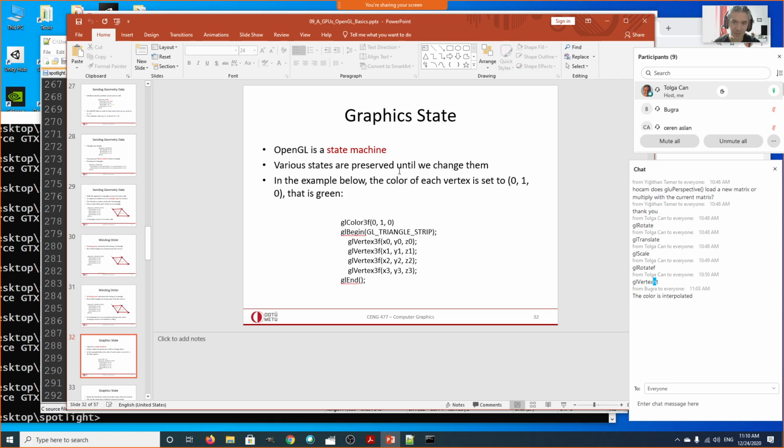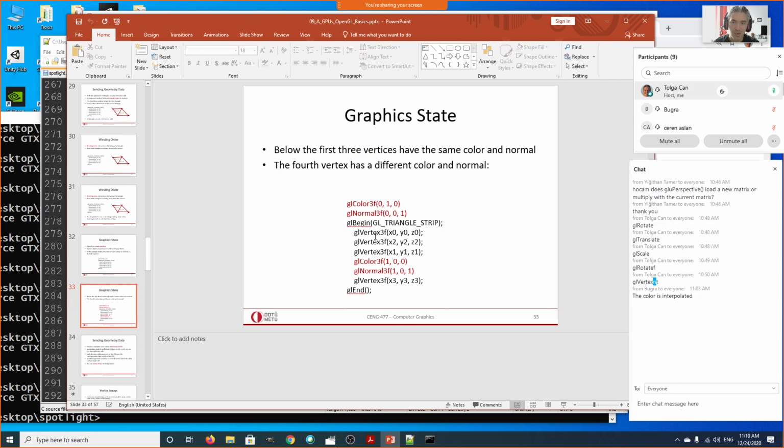And I talked about this graphic state. It's everything. There are global variables. The state variables change when you set the color to green. The entire vertex information will have the green color with them. And if you set the normal vector, all of the triangles will have this normal vector. But if you want a single vertex to have a different color and a different normal, you just